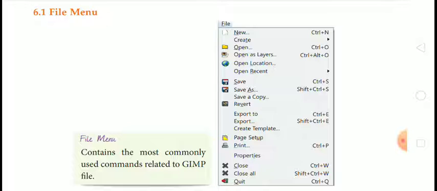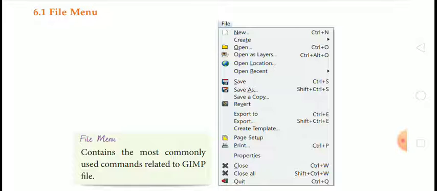Next is Open Location. Open Location is useful when you want to give the location of your image on any website. At that time this option will be useful.